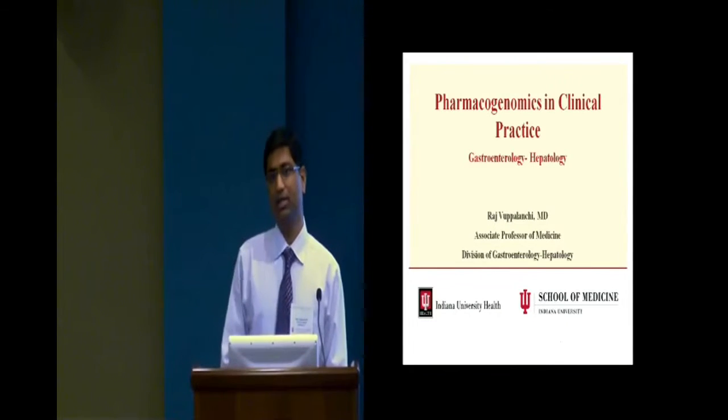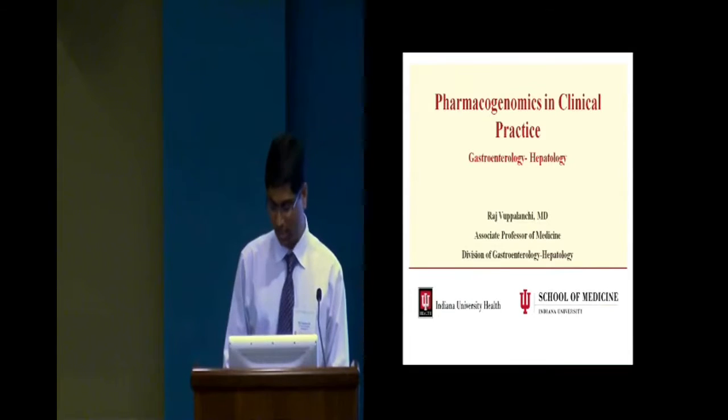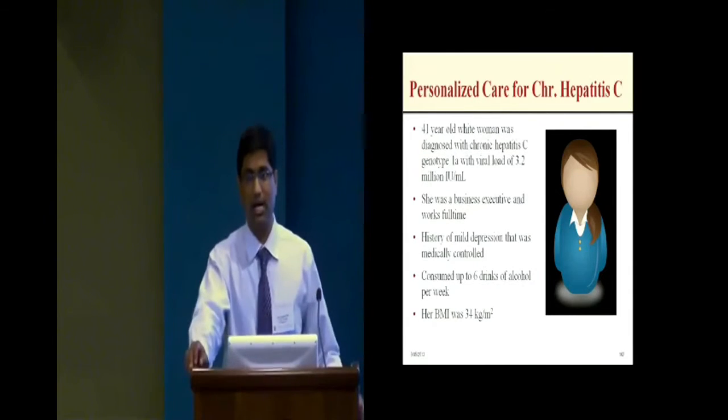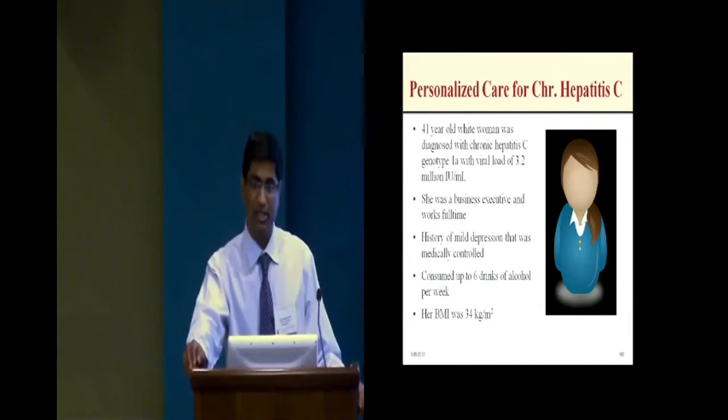So you've seen how pharmacogenetics could potentially be a game changer, but I'll share my experience as to how I have been using it in my practice over the last 3 to 4 years in the real world, both at my practice at the university hospital and at our GI clinic at Wishard. So this is real. I'm going to pick hepatitis C as the topic to discuss pharmacogenetic usage and personalized